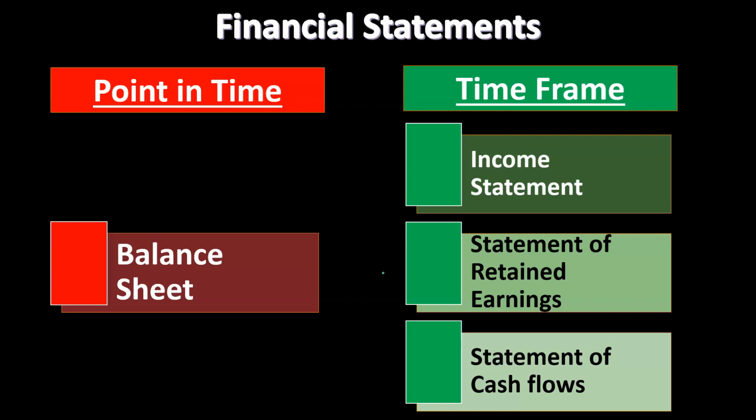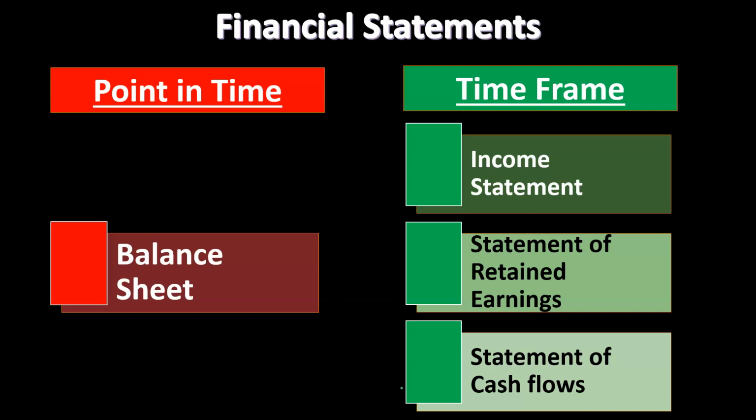Then we have the statement of cash flows, another timing statement, because you're looking at flows of cash. We're not looking at cash as of now with the statement of cash flows, because that's what you do on the balance sheet: how much cash do you have now, as of December 31st. The cash flow statement is measuring the flow of cash from January through December. What flows happened